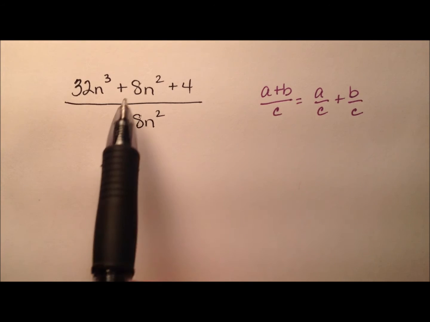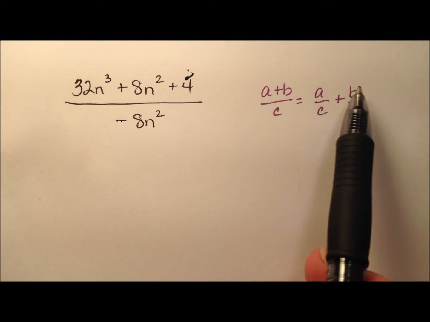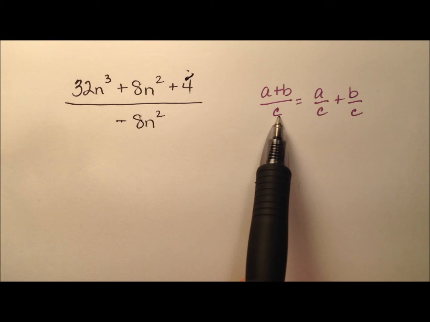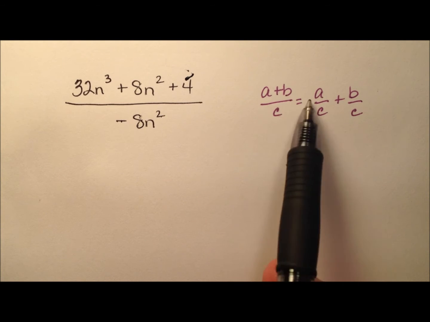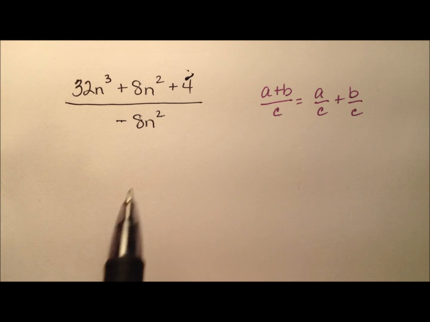In this example, I have this cubic trinomial here. I'm going to divide it by this monomial, negative 8n squared. And the property I'm going to use to simplify this is the a plus b over c. I'm going to break this up into separate fractions, all that have this common denominator, and then I'll simplify each